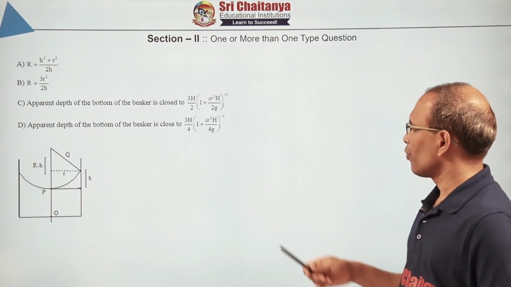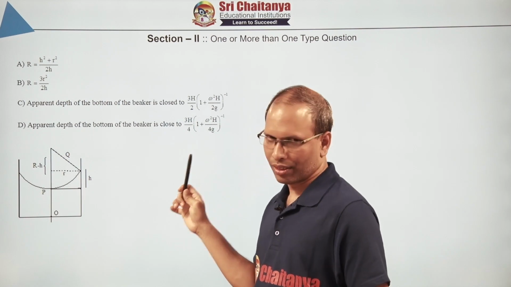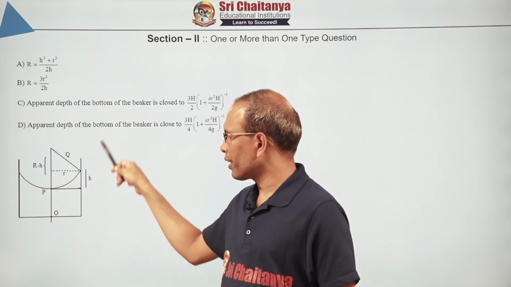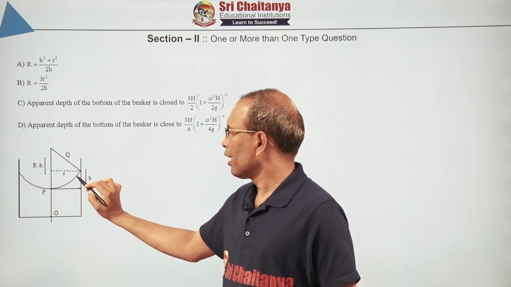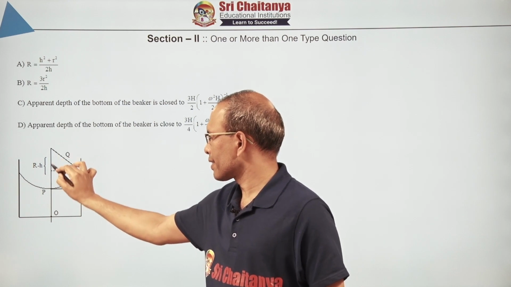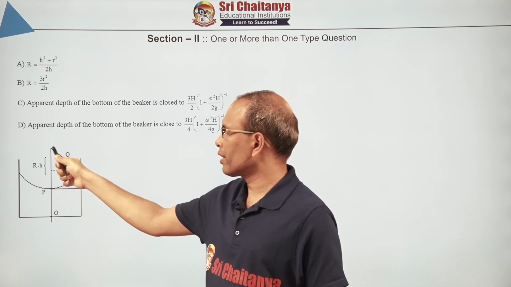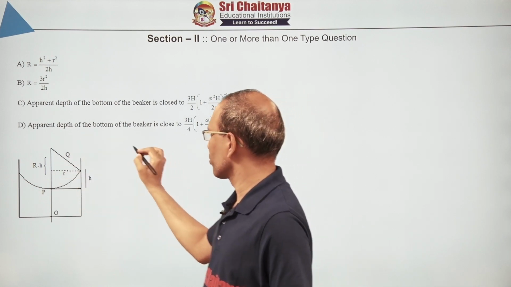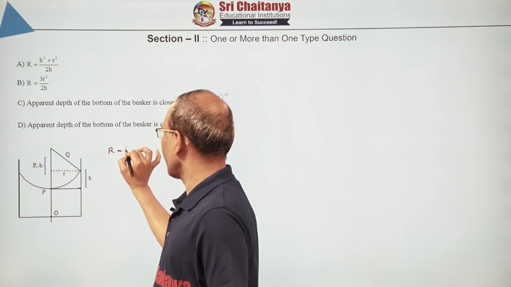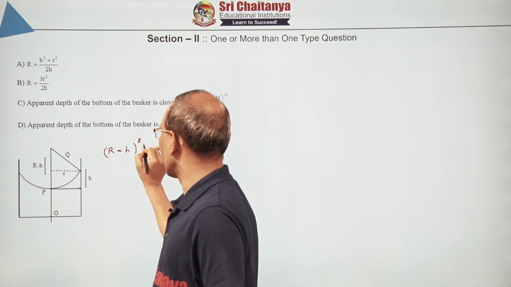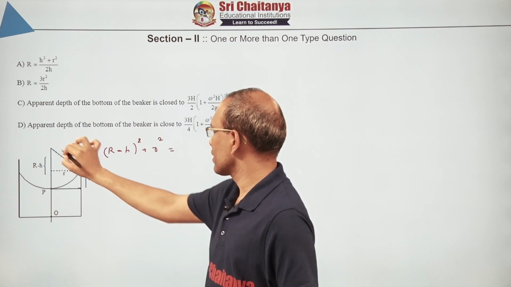So here first is to get the relation between capital R, small r and h. Now if we enlarge this top part and look at this, it will look like this. So this is the difference in the heights h, and this is r, and this distance is also r. So this distance will be R minus h. Now if you apply Pythagoras theorem for this triangle, what do we get here? (R minus h) whole square plus r square is equal to, this distance is capital R.